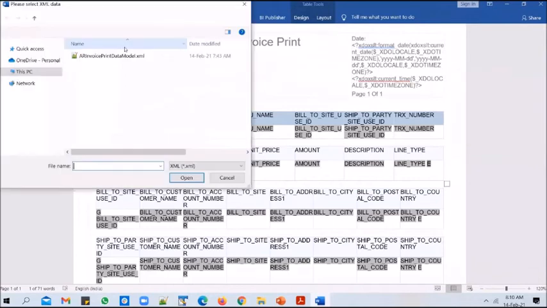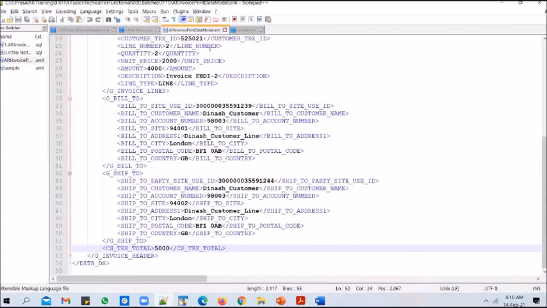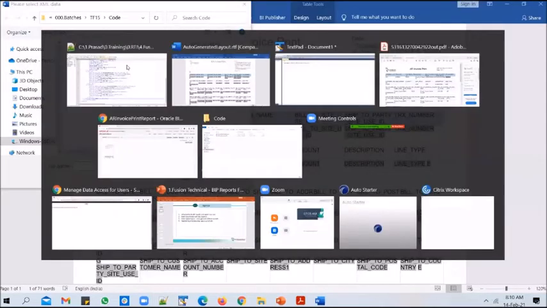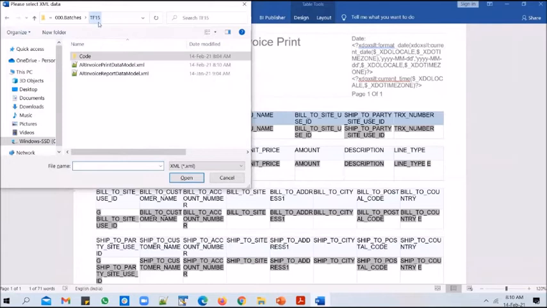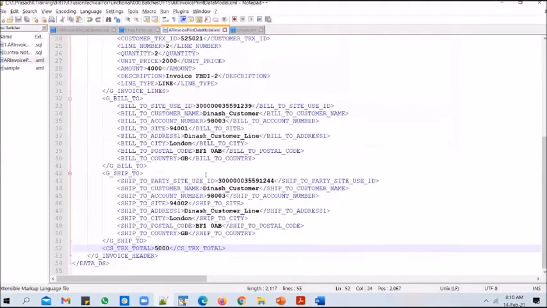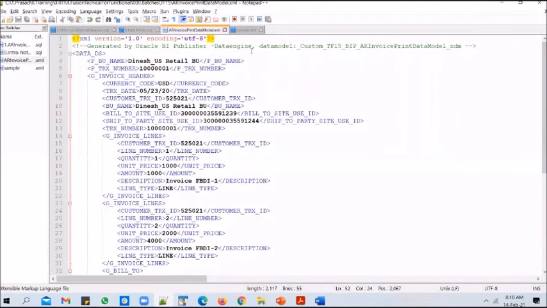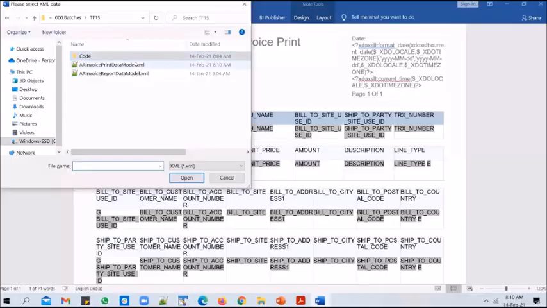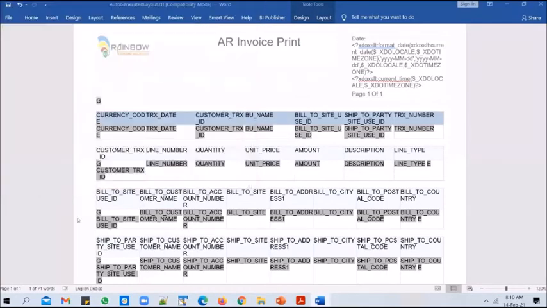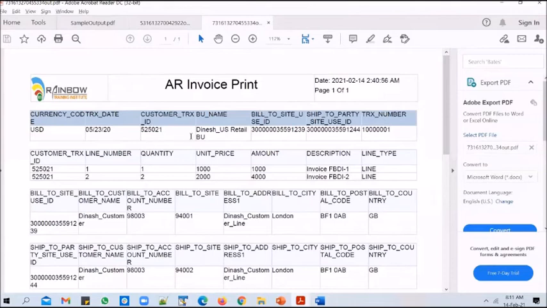I go to BI Publisher, I go to sample XML, and I will load this in. Where is this saved? This is saved in the TF15 AR invoice print data model. Okay, so let me load this in. Our data loaded successfully, and I want to view the output, so I go to BI Publisher and try to view the output. If I view the output now, you will notice that yes, the invoice header is printed,